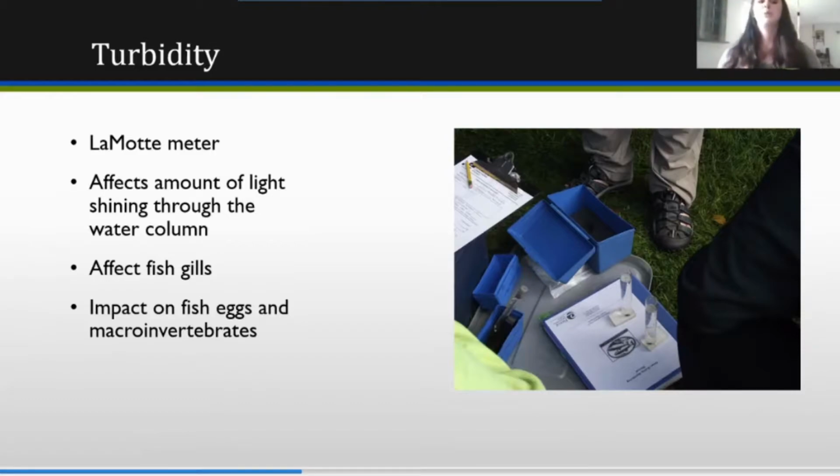Why is turbidity so important? It's because turbidity affects the amount of light shining through the water column, and fish need light, and so do plants, right? And so if it's super turbid and plants aren't getting that sunlight, it's very hard for them to grow, and same with fish. It also affects fish gills, and it has a really big impact on fish eggs and macroinvertebrates and how they